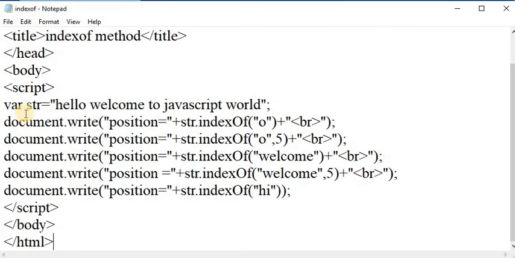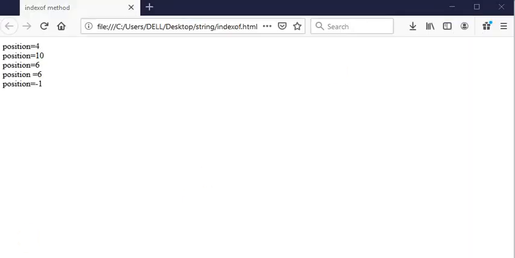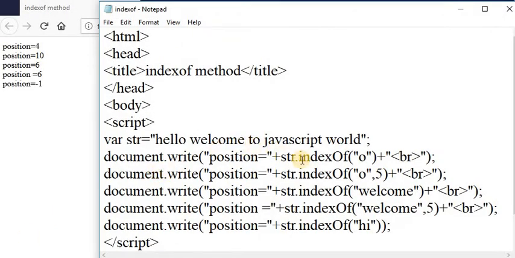In the given program, first we are finding the index of O, which is present at the fourth position: 0, 1, 2, 3, 4. At the fourth position O is present, so it returns 4 on the web page. Next is O, 5.